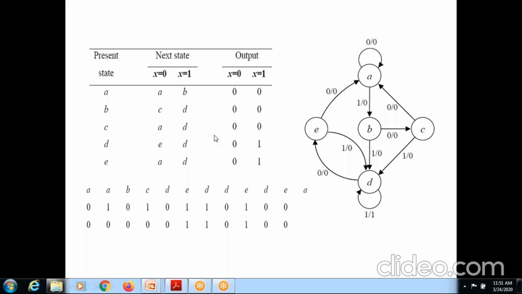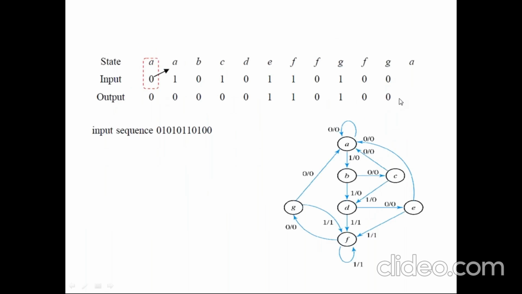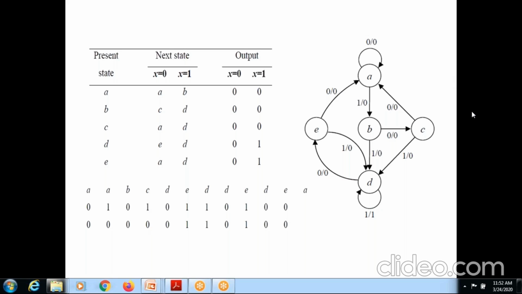So now I have to check whether my state diagram after reduction is working perfectly or not. Therefore, the same input sequence I'm taking: 0 1 0 1 0 1 1 0 1 0 0. So I have to give this input sequence to this particular diagram, starting with A. And I'm getting the same output: 5 zeros, 1 1 0 1 0 0. So before reduction we saw the same output, and after reduction also the same output we are getting. So from this we can come to the conclusion that our state diagram is working perfectly after reduction also.